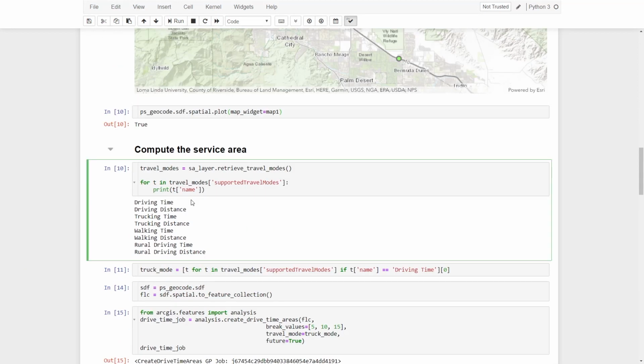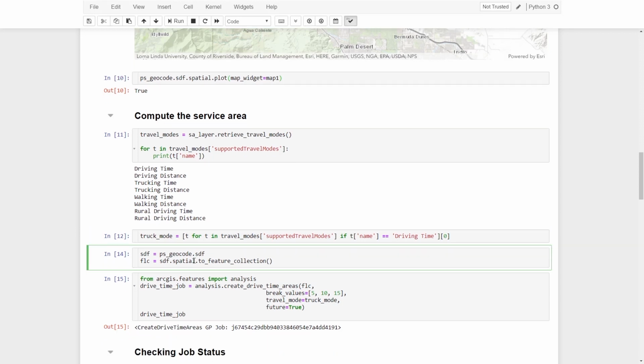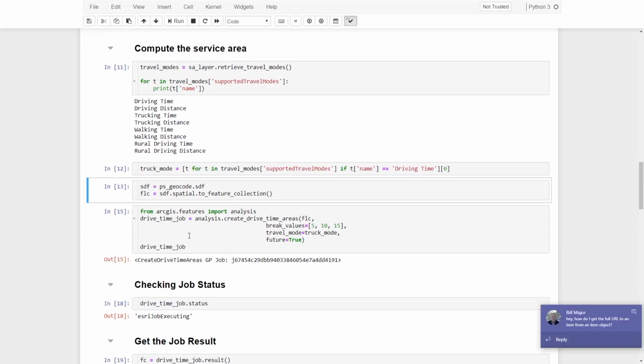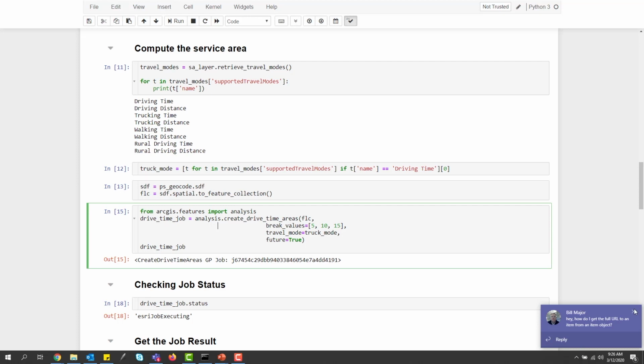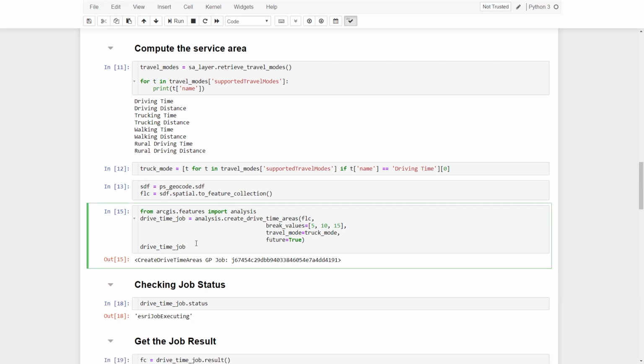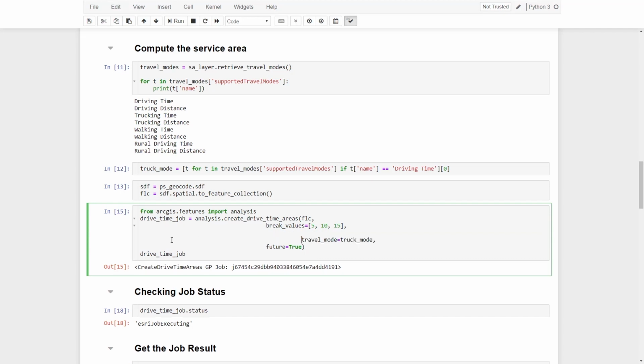Now we're ready to compute our service areas. We saw before on the slides how to get the travel modes for the supported modes. In this case, I want to get the driving time. So I'm going to pull that information in and then change my spatially enabled data frame to a feature collection. Now I can go ahead and create my drive time areas. I pass in my feature layer collection, my break values, and I'm going to set the value to true. This will get me back